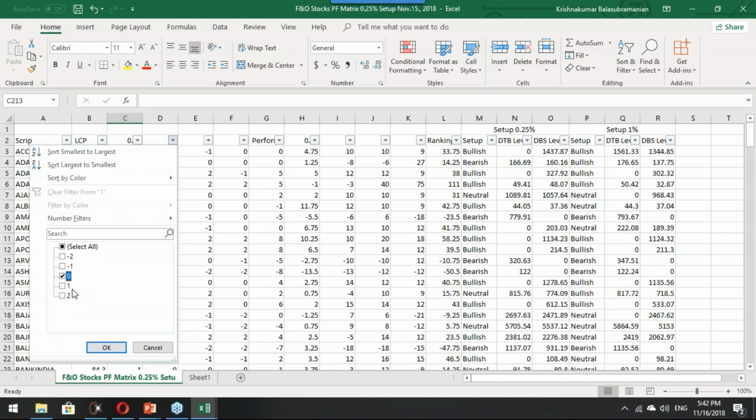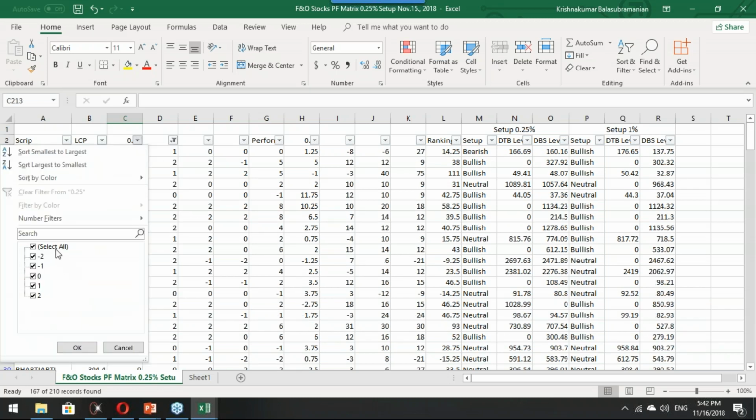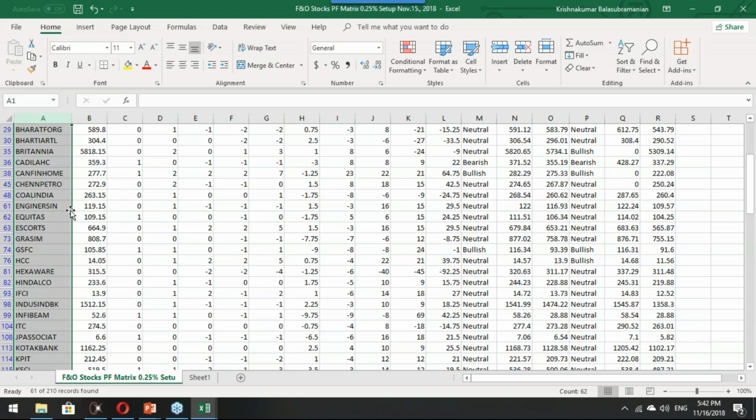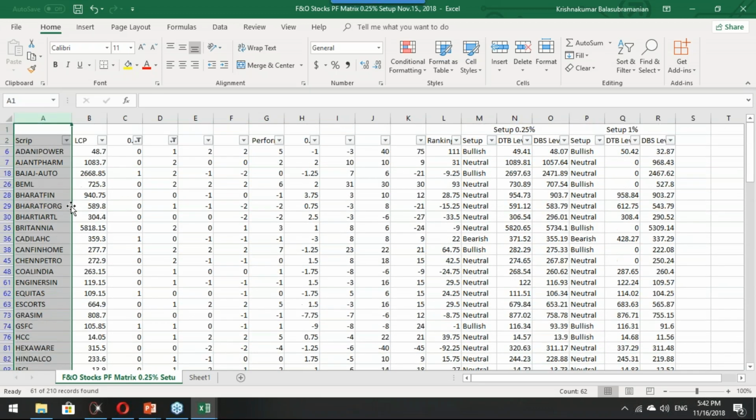So we can look at a score of 0 or 2, or maybe even 1 is fine. And in 0.25% box size, we will be interested in again the same deal, right? 0, 1, and we are not interested in 2. So this is the maximum list of stocks that we can look at from the F&O universe, wherein,